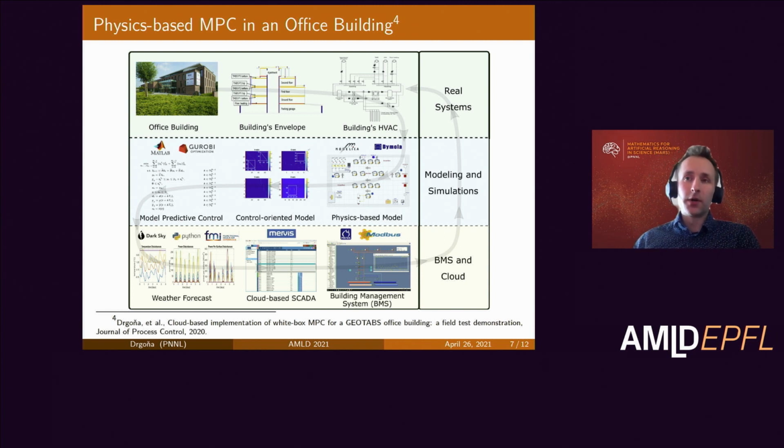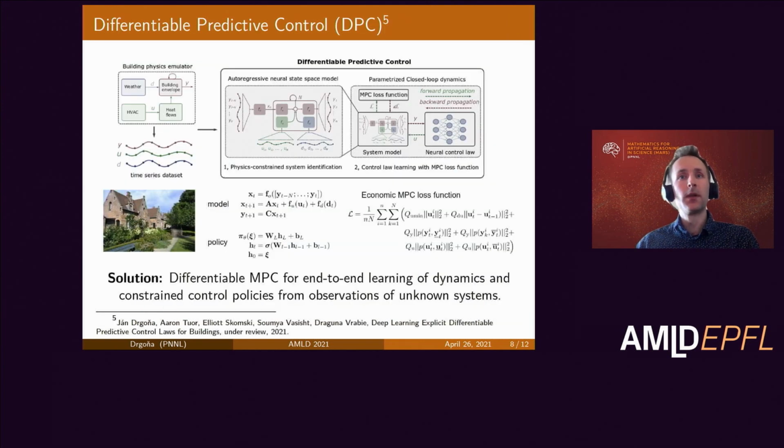So we asked the question, can we do better with machine learning strategies like deep learning and with embedded physics constraints? So we believe we can do far better with the method we call differentiable predictive control, which allows us to take the principal physical equations, which are agnostic of the building and physical system, and learn only the unknown parameters of the physical dynamics. And then from learning this system dynamics model, we can learn constrained control policies only from observation of the data.